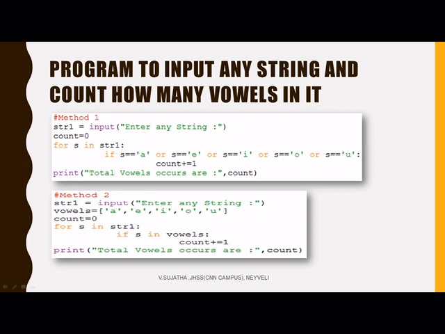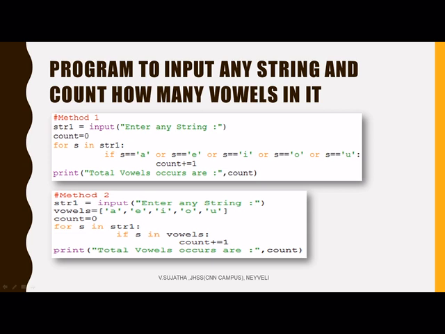Now the first condition is true, so the counter will be incremented. Like that, each and every character is checked here. After completing all the characters, it comes out of the for loop and prints the total vowels. Count will be printed over here. Is it clear? This is a very simple method. You get one string and find out how many vowels are present in it. Okay. Next, in the same manner, we are using another method.